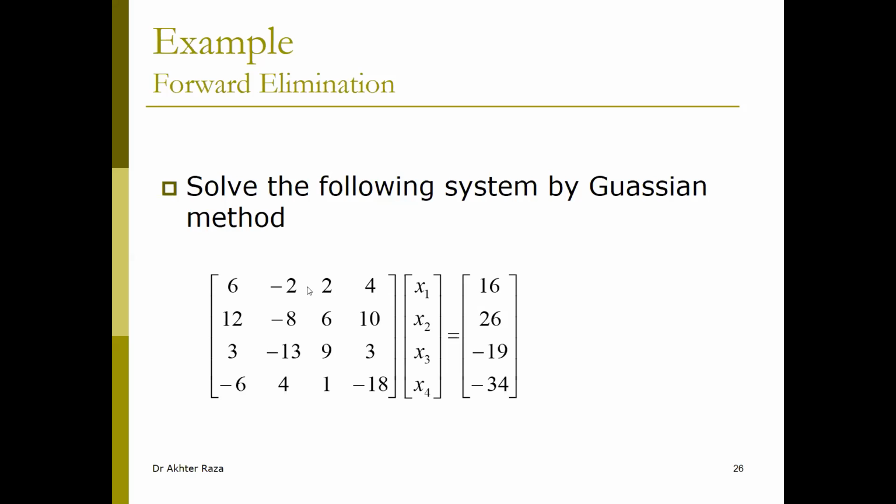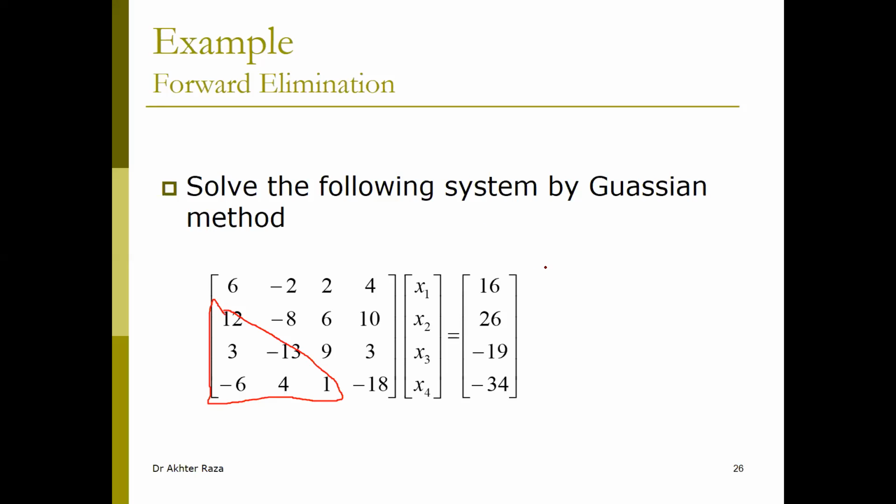What do we have to make 0? We have to make these elements 0. How can we create these elements to be 0? This 0 can be made by, if I multiply 6 by 2, this becomes 12, and then subtracting row number 1 from row number 2. So I will write down this operation as